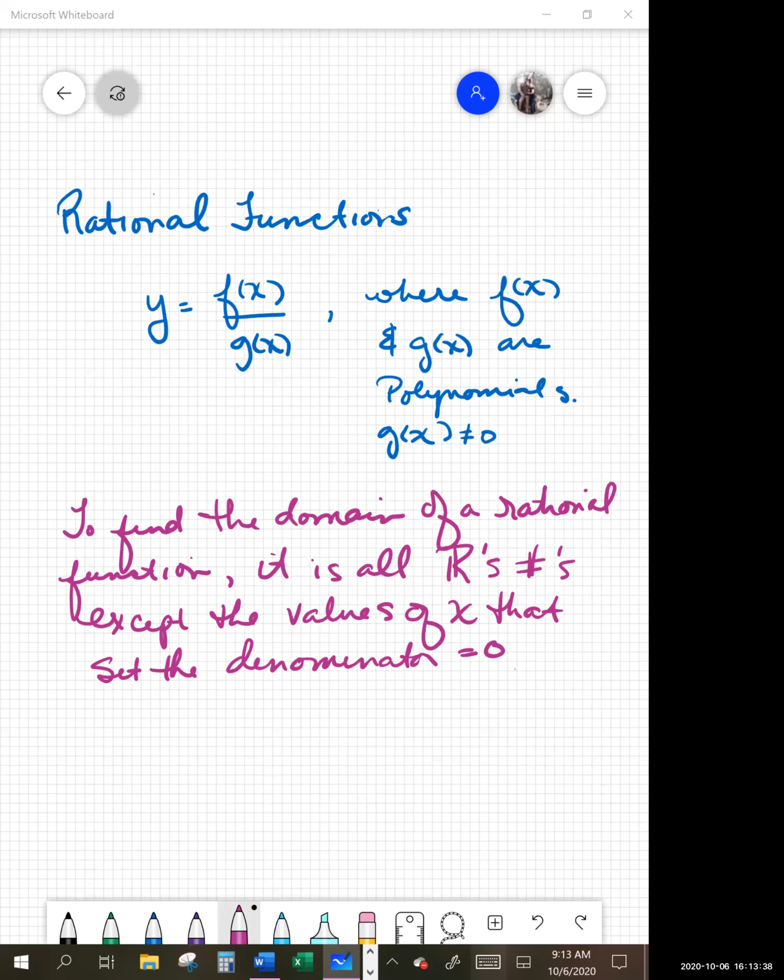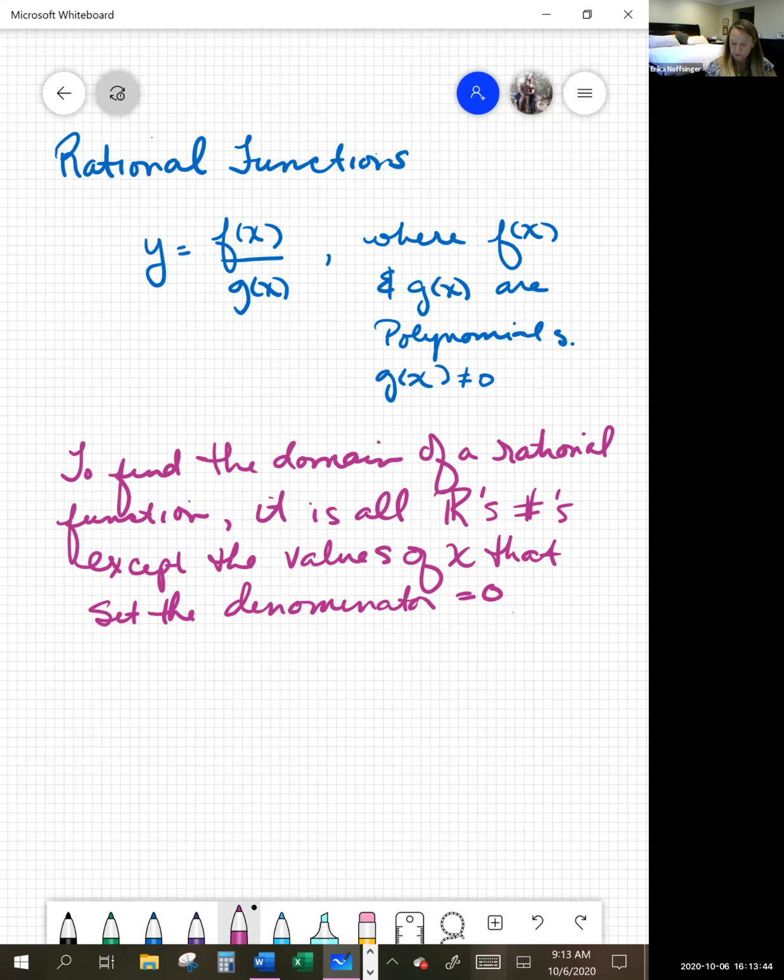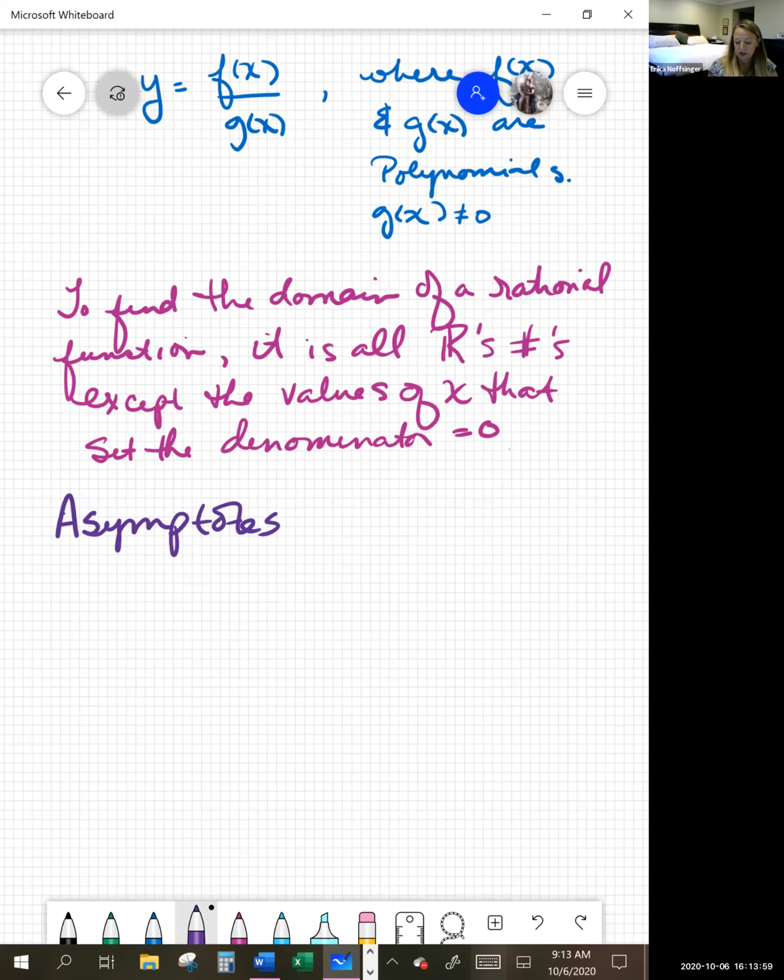And so rational functions can have asymptotes, and there are what are called vertical asymptotes and horizontal asymptotes. There's also what is called oblique asymptotes, but let's first talk about horizontal and vertical. So a horizontal asymptote